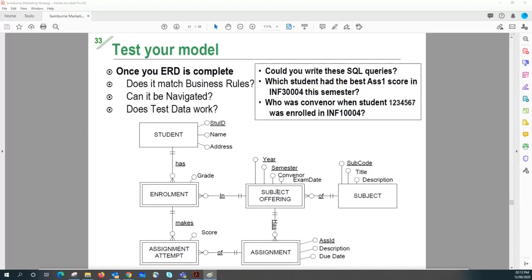Right. So once you actually build this kind of model, you should be able to navigate through it and see whether it matches the existing business rules in that scenario, right? And then probably you have to put in some test data and see whether we can generate some specific information the management requires. For example,